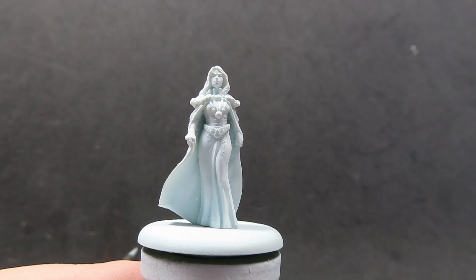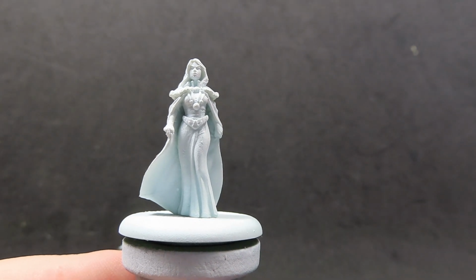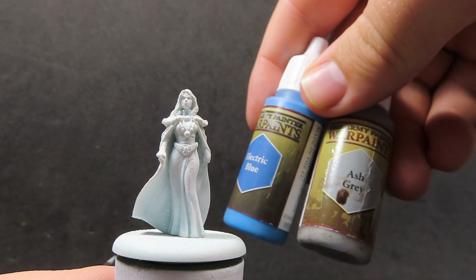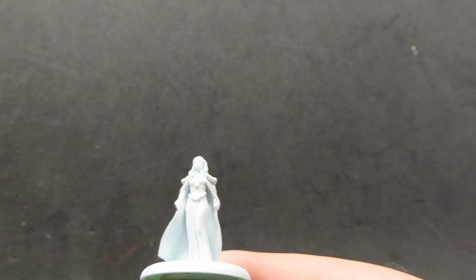Okay, so what we're going to be doing first with our miniature is we want to make sure it's cleaned up and primed. Now, I already have cleaned up and primed this miniature here of Catlyn Stark, so I'm going to be going straight into it. So starting off with some ash grey and electric blue, what we're going to be doing is mixing these together